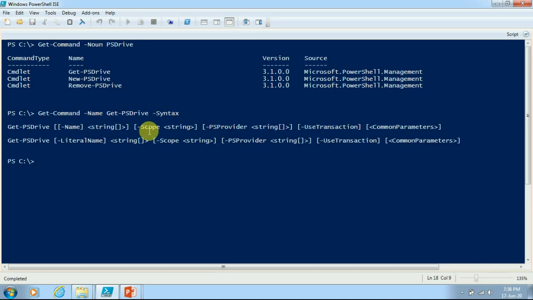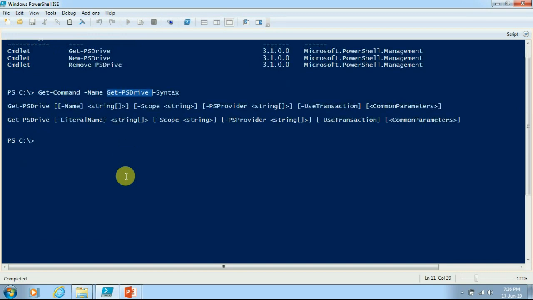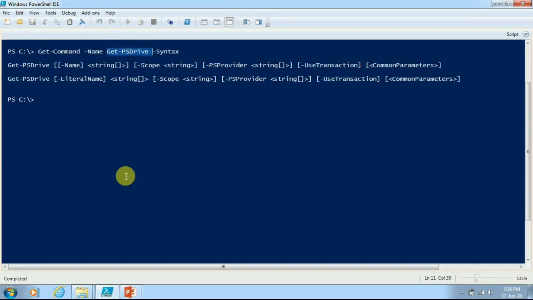After that you will get the syntax of this particular cmdlet, and you can explore all the options available. In this cmdlet all other parameters are optional and common to both the sets, but there is still one difference here.